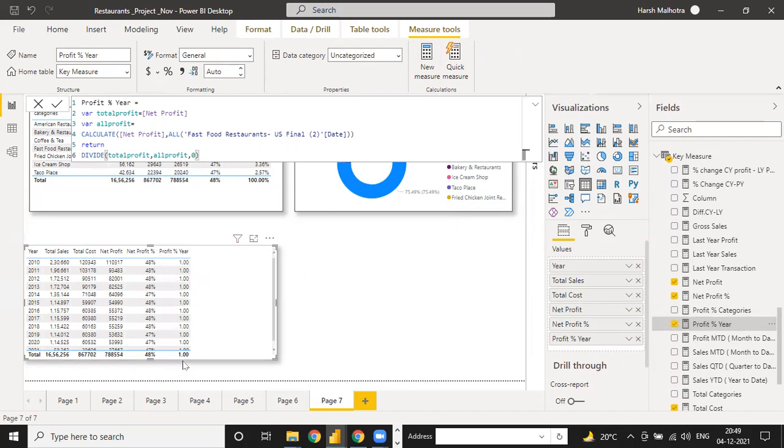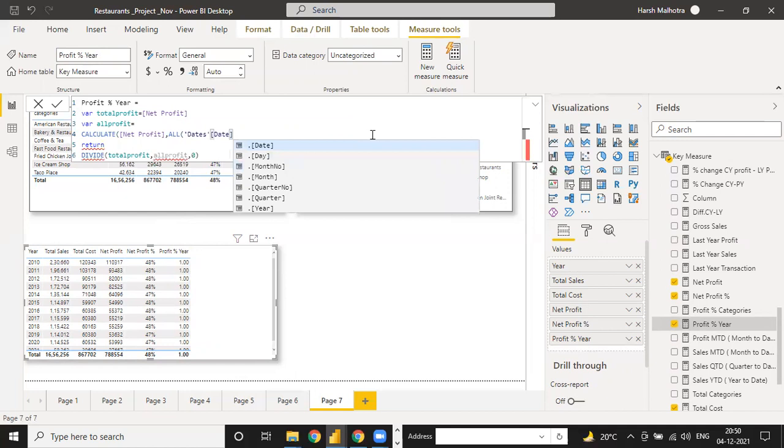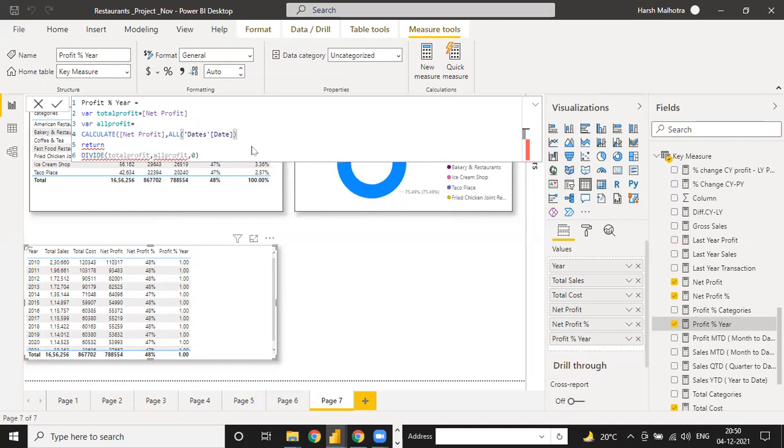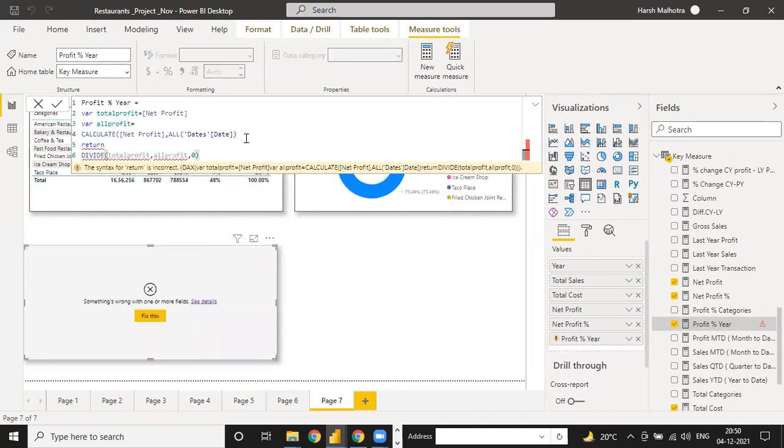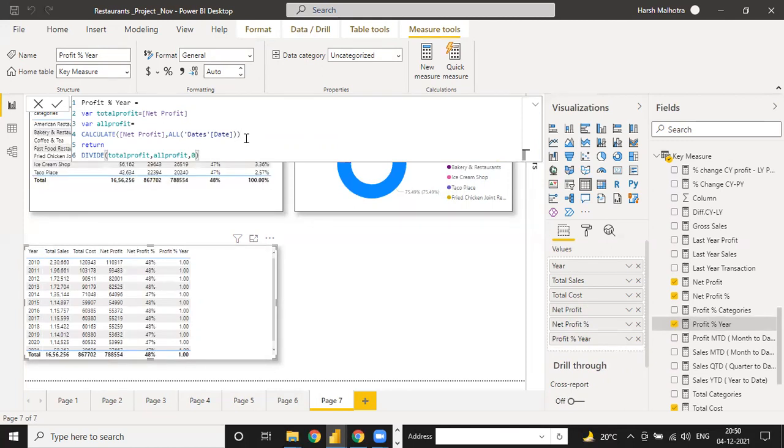See, the answer is one. Oh, why is it not showing? Net profit, total profit, whole profit. Why is it not showing? Just a minute. It should be working here. Why is it not working?